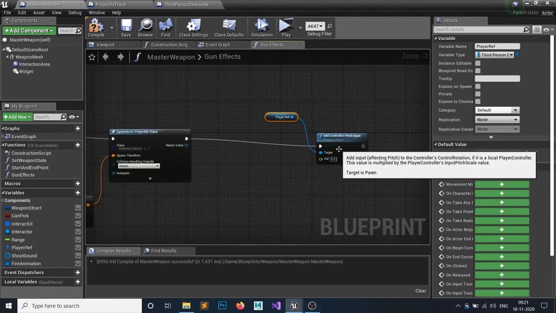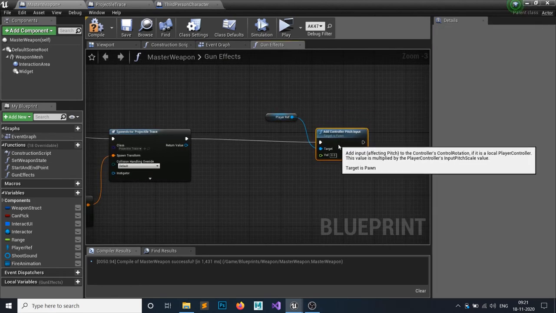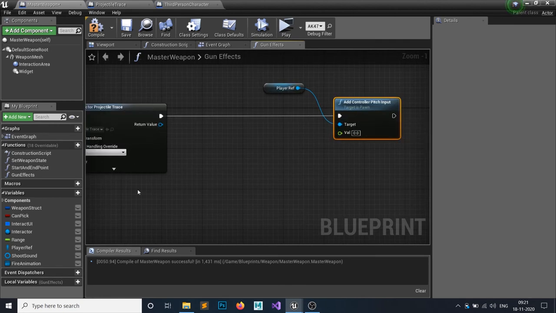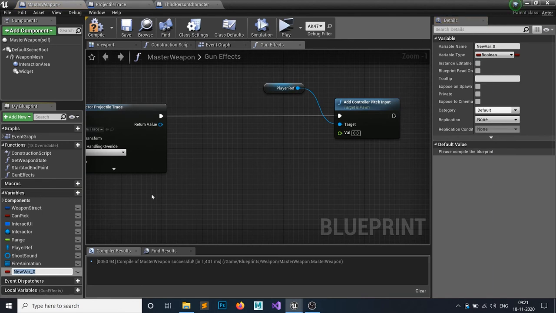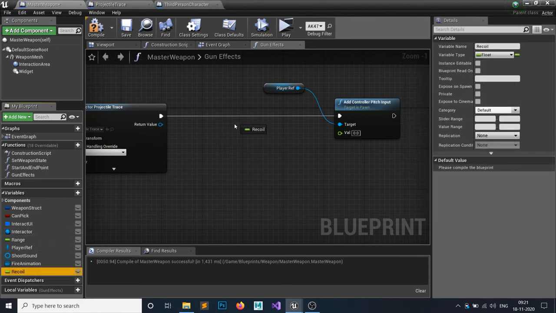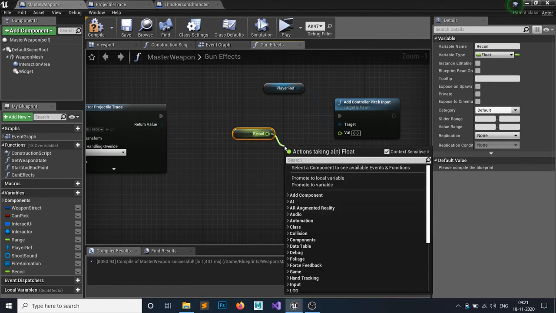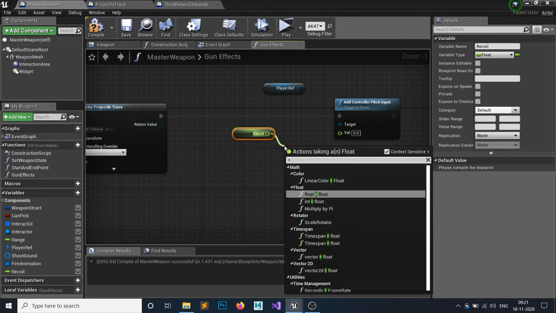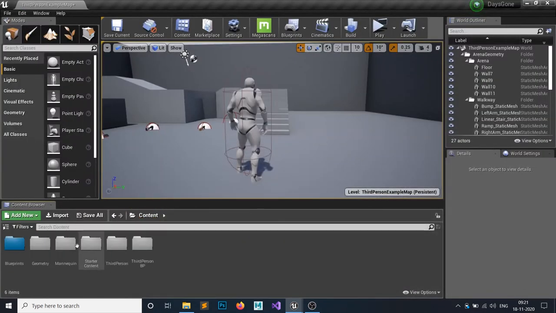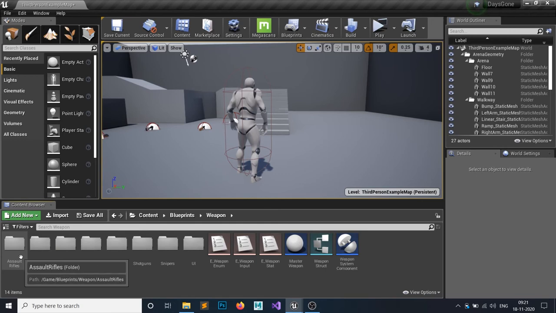So I want the gun recoil to be minus, but different guns have different recoil. So I will simply add a new variable called gun recoil. Let's say recoil. This would be of type float. So I will simply get this and let's multiply by -1. Float multiply by float, and this will go here, -1. So this is our recoil. So I will simply minimize and set our recoil on our gun, assault rifle.